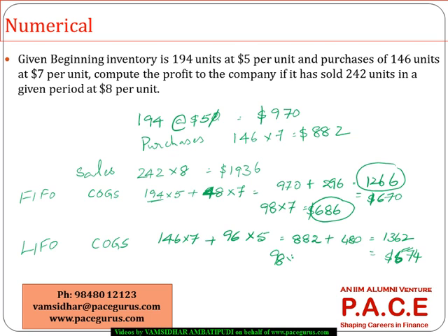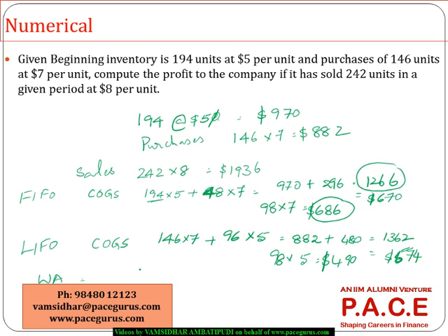Whereas the inventory in this case is the 98 items that are left at the rate of $5. So the inventory will be reflecting the older purchased items. So 490 will be the worth of the inventory. 1362 will go as part of cost of goods sold, whereas 490 will go as part of the inventory in this case. But when I am going with the weighted average method, first let's find